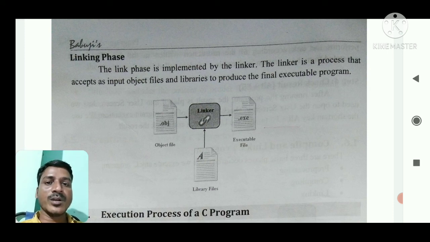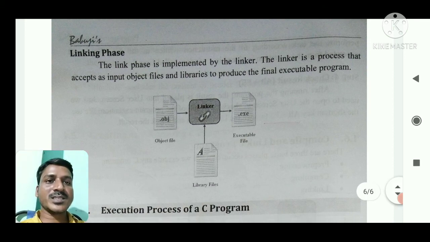For example, in our source file we are using some predefined functions. The definitions of predefined functions are not directly written in our source file, but are defined by the C library files.